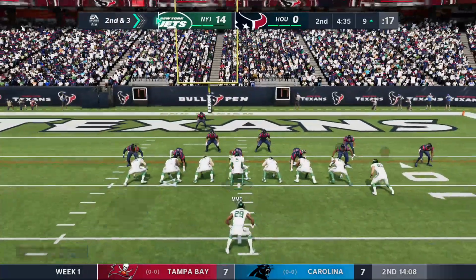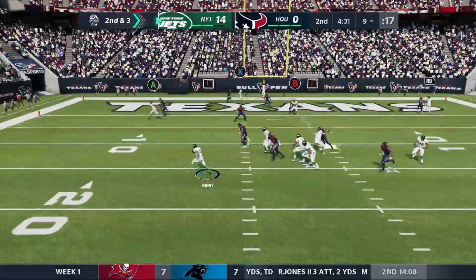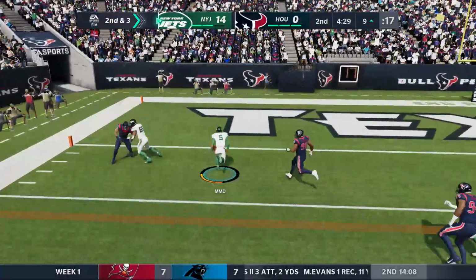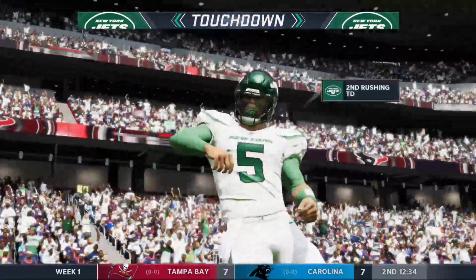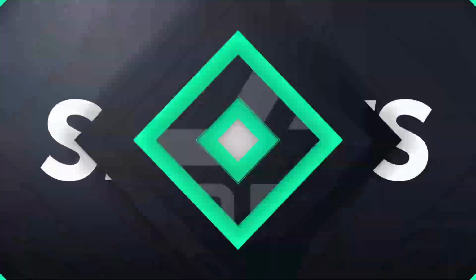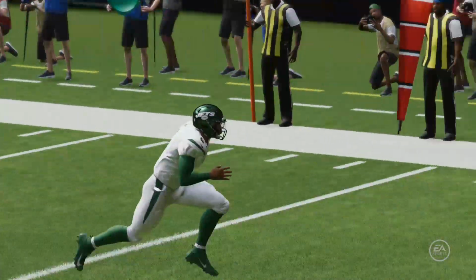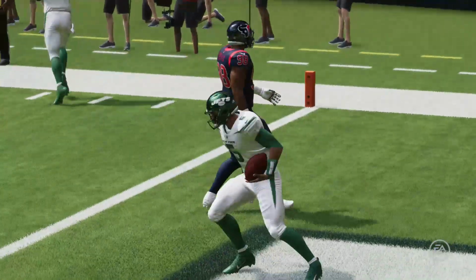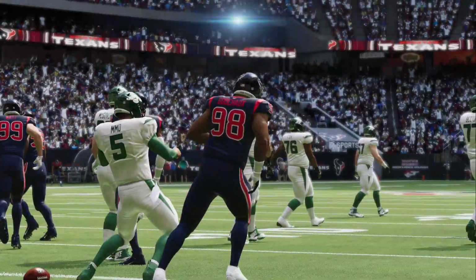3 at the 9. 2nd and 3. Dancing to his left. He'll try and he's going to take it in for a Jets touchdown. New York. Their mobile, agile quarterback with now 3 Week 1 touchdowns. And the Jets find a way to stretch their lead. Well, I'd have to say that for him, that was an all-encompassing drive because it was...